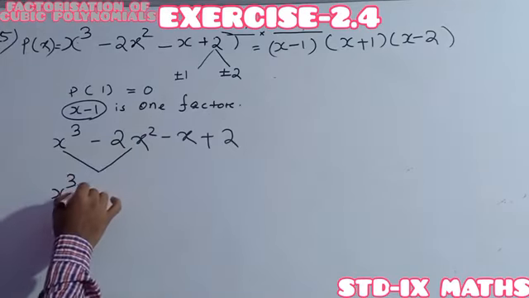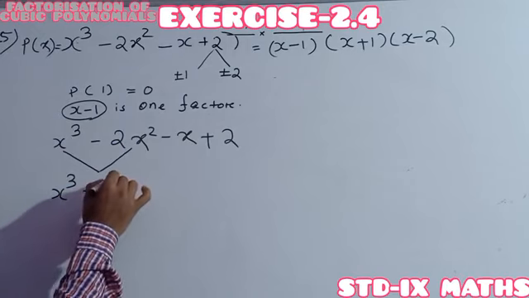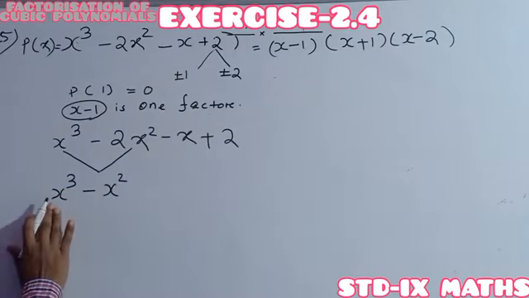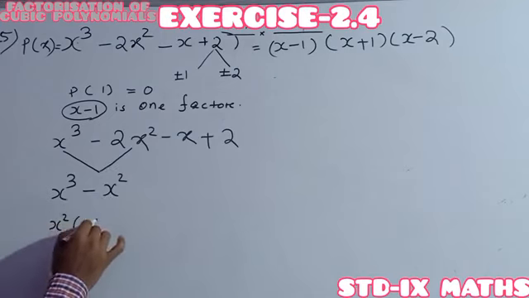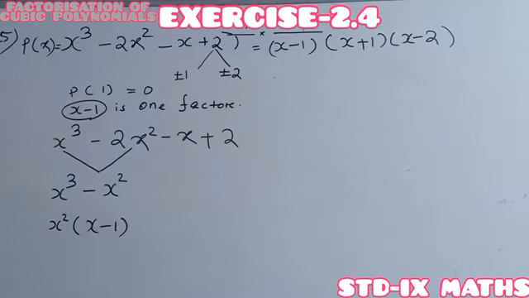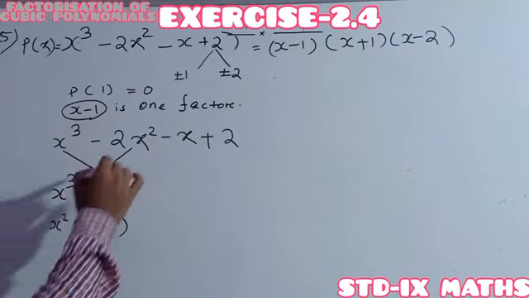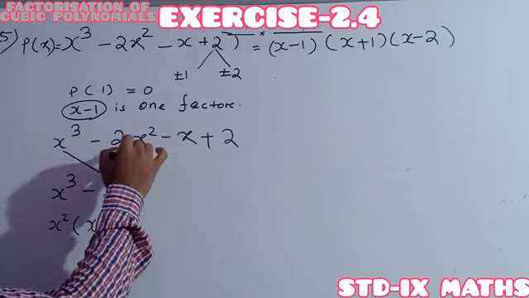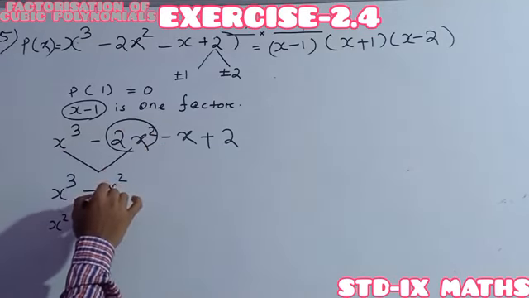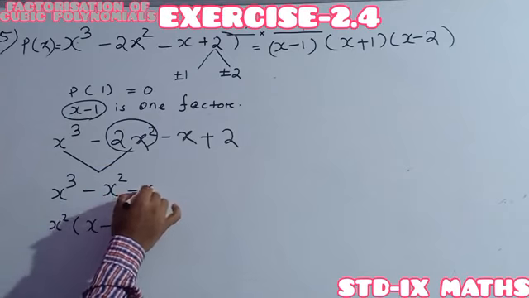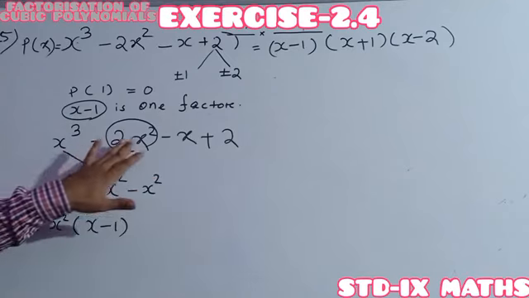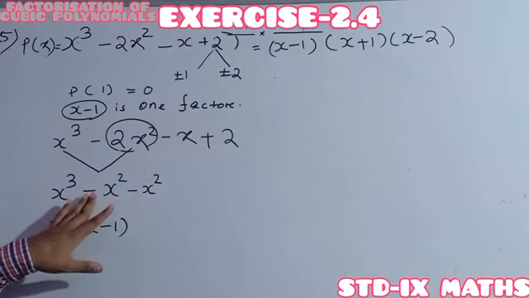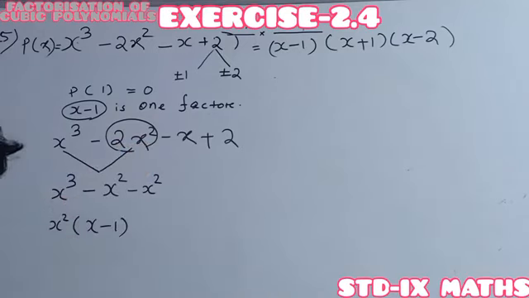Then after this one I am breaking it in the form of x square. See, now x cube minus x square, whenever I take x square as common, within the bracket x minus 1 will be there. Understood? But we have to balance this one. Minus 2x square means here it is x square, so here another minus x square I have to write. So that previous minus 2x square is balanced with minus x square and minus x square.